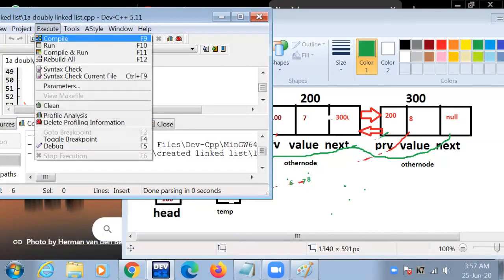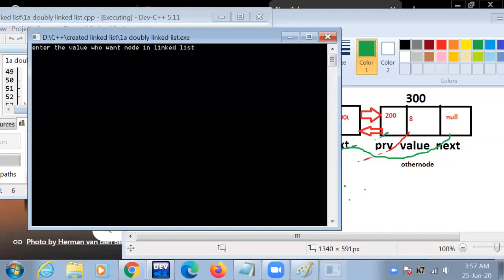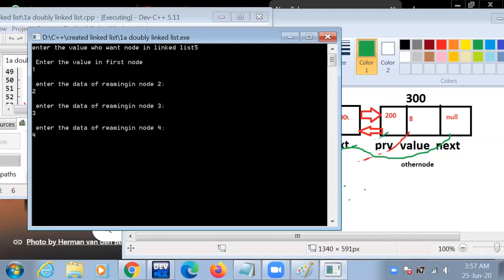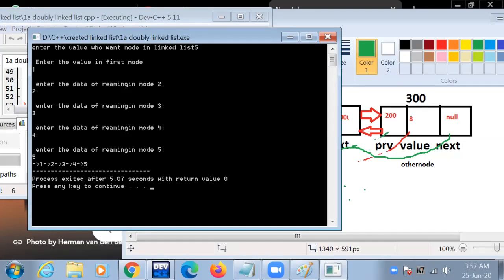We execute this again. We enter 5 nodes: 1, 2, 3, 4, 5 here. The program is executed and in our linked list 5 nodes are inserted successfully.